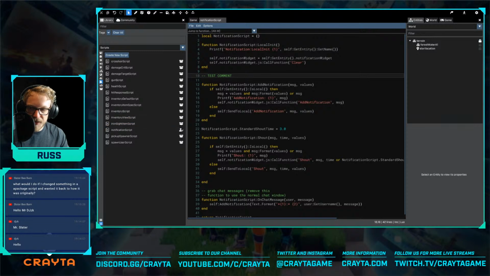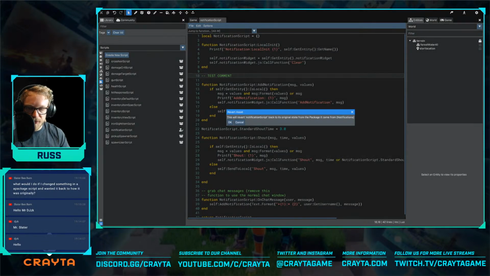I can see here that the notification script is now changed, and it's got a little man with a pencil. That's telling me that this has been modified. It did come from a package, and if I hover over it, it's telling me it came from the notifications package. But because it's got that little icon, it means it's been changed from the original. If I'd made a mistake, or I thought actually I could write my own script and leave this package alone, all you need to do is right click that and you get this revert option. If I click revert, it will warn me that this will revert the notification script back to its original state from the package it came from, which is notifications. If I hit OK,